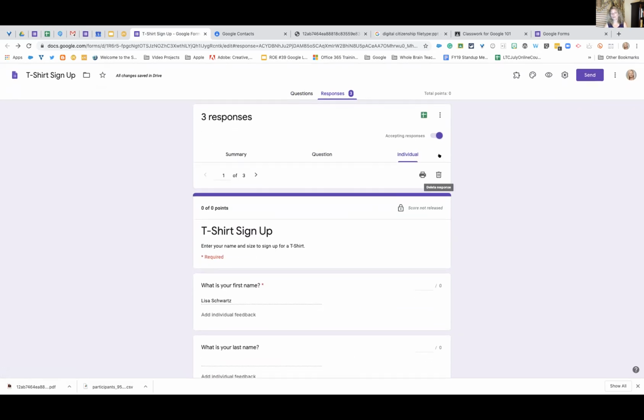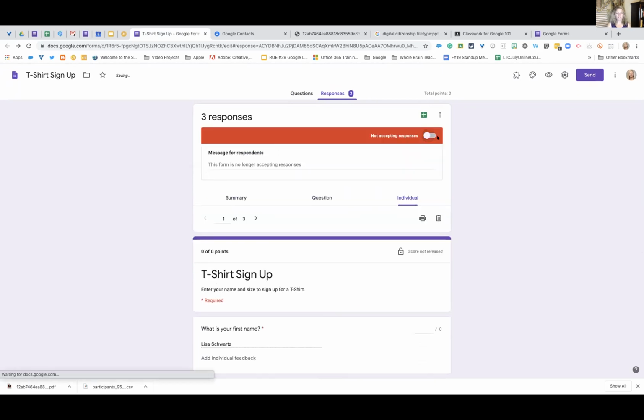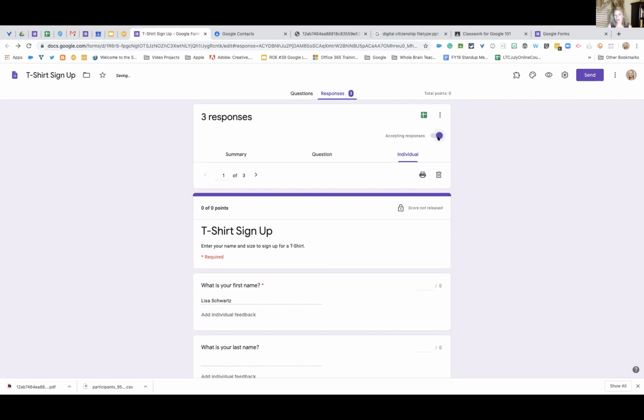Right here also, do you see where I say accepting responses? So if I don't want to accept responses anymore, I can just turn that off. And if someone tries to access this Google form, they'll just get this message, this form's no longer accepting responses. At any time, if I want to turn it back on, I just turn it back on, and voila,